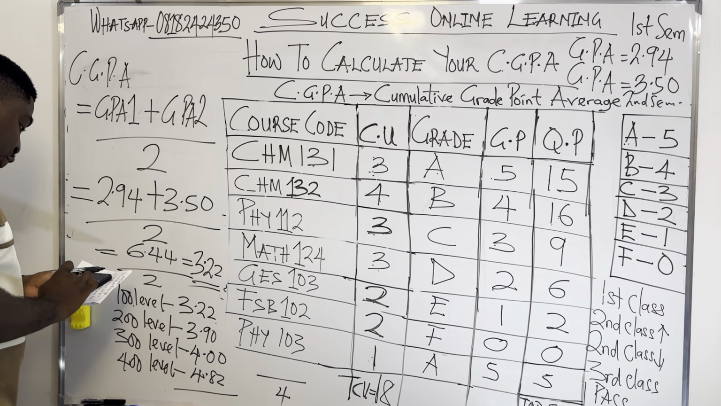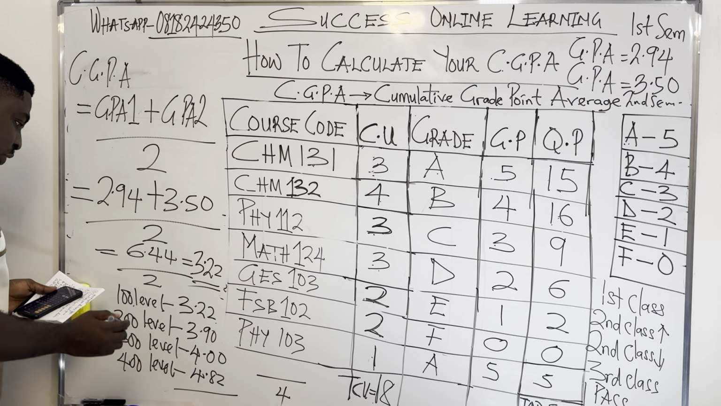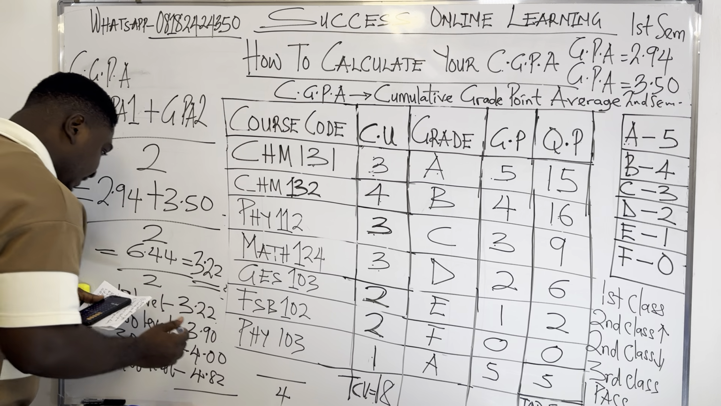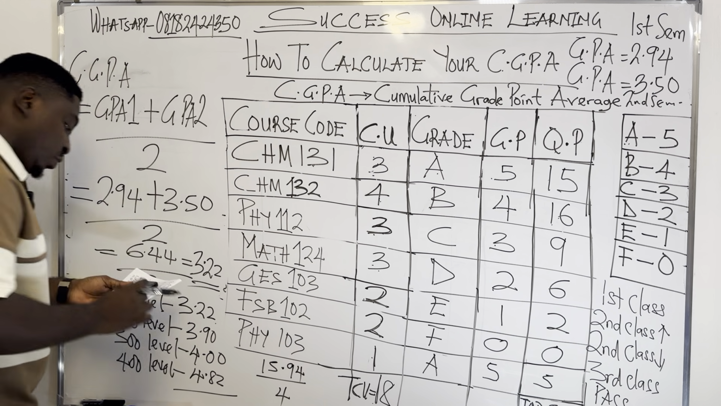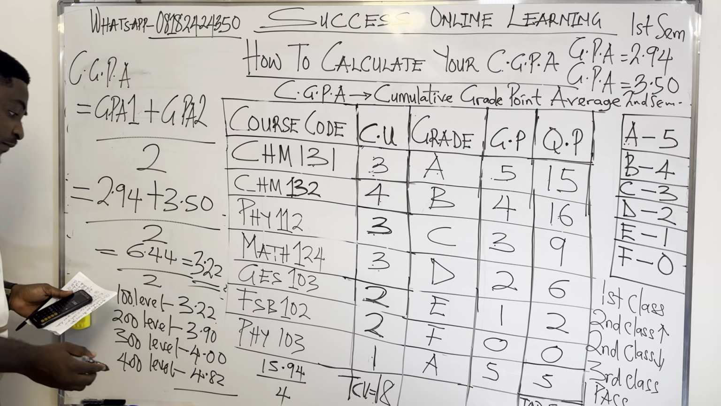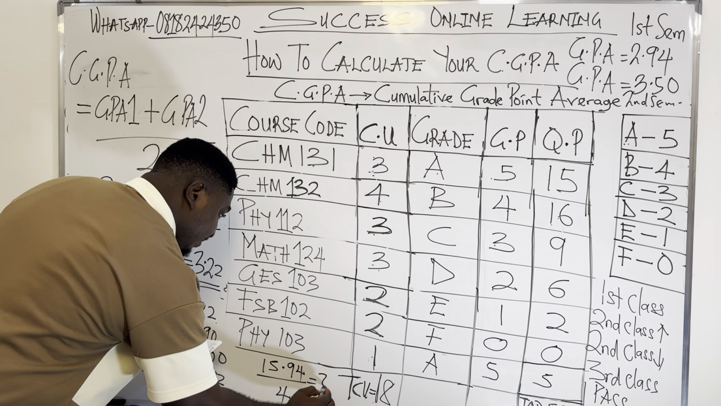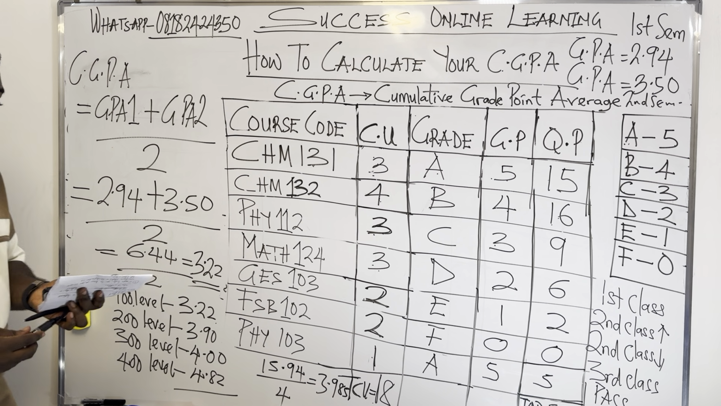Sorry, 3.22 plus 3.90 plus 4.00 plus 4.82. So the total for the 4 levels is 15.94. We're now going to say 15.94 divided by 4. We're now going to have 3.985. Please make sure you have not gone yet, because I want to show you something that most students do